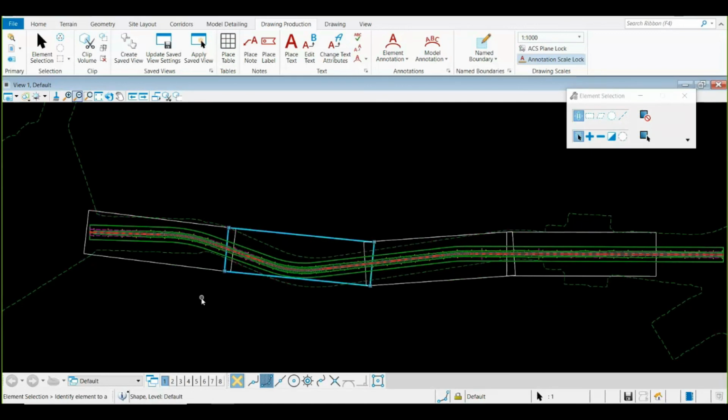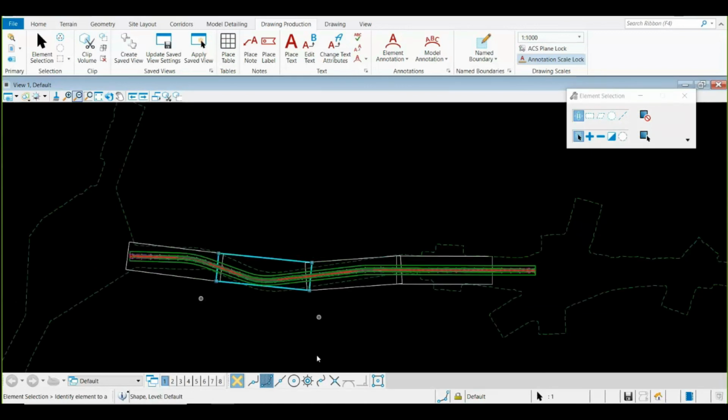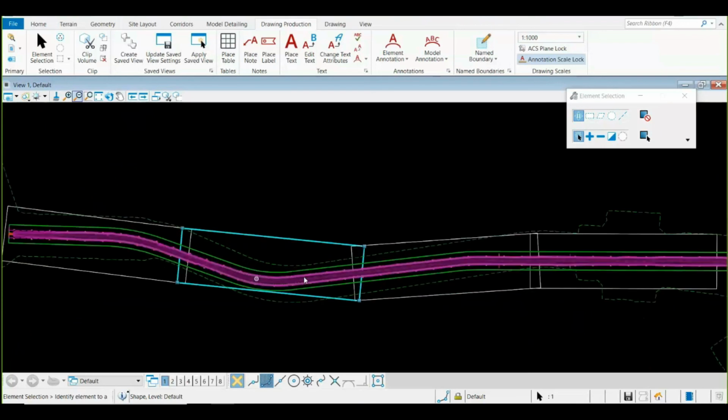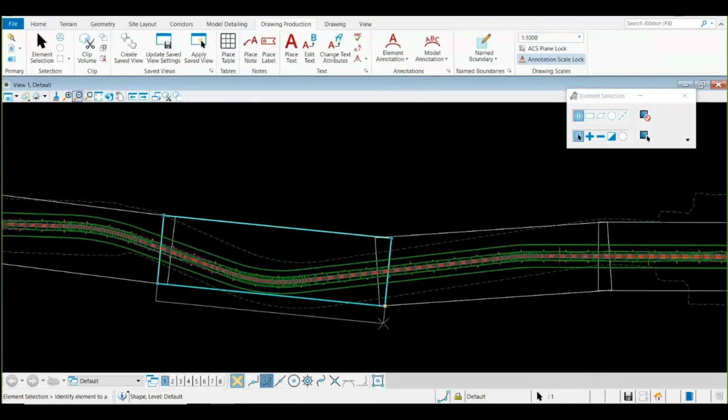Obviously if you have a 70-80 kilometer highway length and you have created 70-80 sheets, there might be possibly 1 or 2 or even 3, 4 rectangles you need to adjust to make it a proper view. So you have the flexibility for that also. It's not that it is completely automated so you don't have any flexibility. You need to simply snap to these points, and you can change the dimensions tentatively with the help of your mouse cursor. So I'm increasing a little bit down and decreasing from the top.